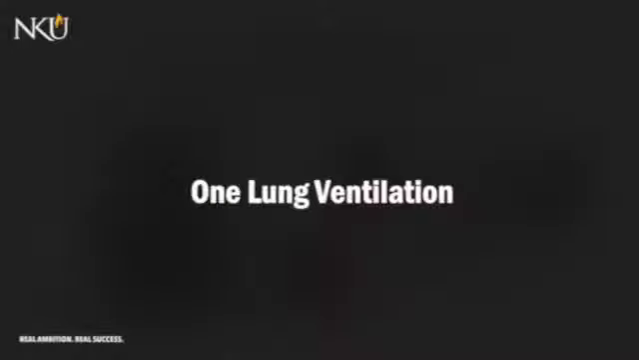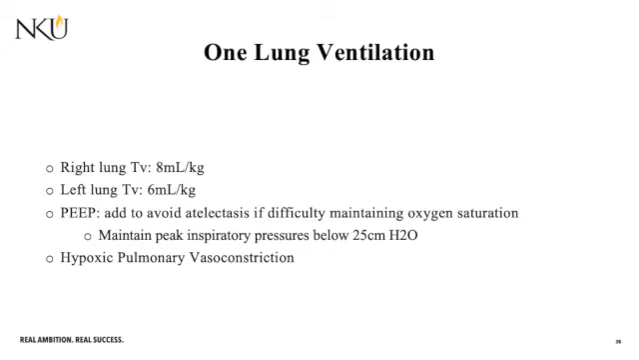Once the lung is isolated, a protective lung ventilation mode is chosen. Tidal volumes for the right lung are typically 8 mL per kg, whereas tidal volumes for the left lung are typically 6 mL per kg. PEEP can be added to avoid atelectasis, and maintaining a peak inspiratory pressure below 25 centimeters of water can help avoid barotrauma. You can consider permissive hypercapnia, as this will facilitate the HPV or hypoxic pulmonary vasoconstriction response and reduce